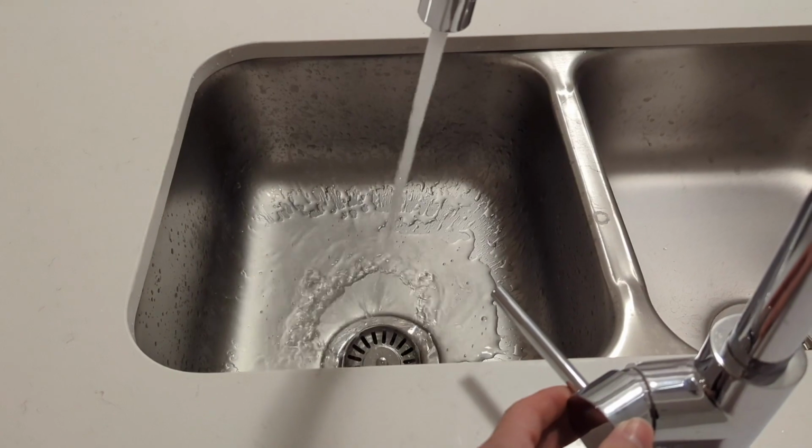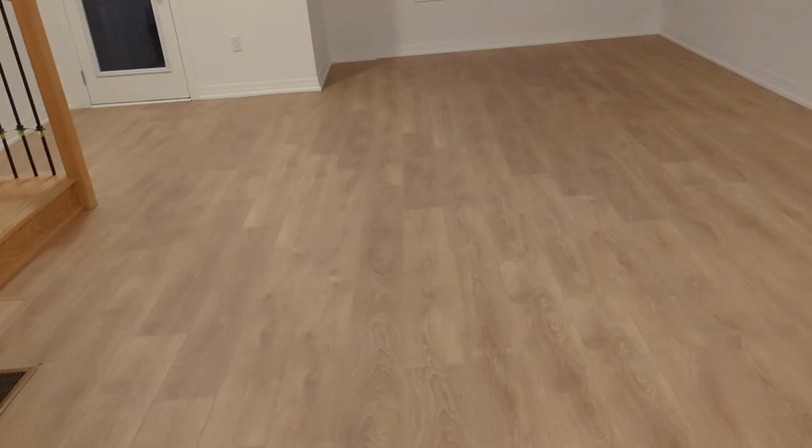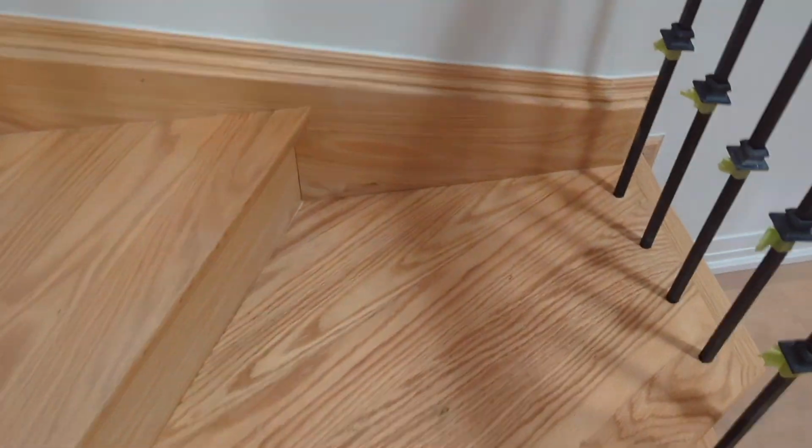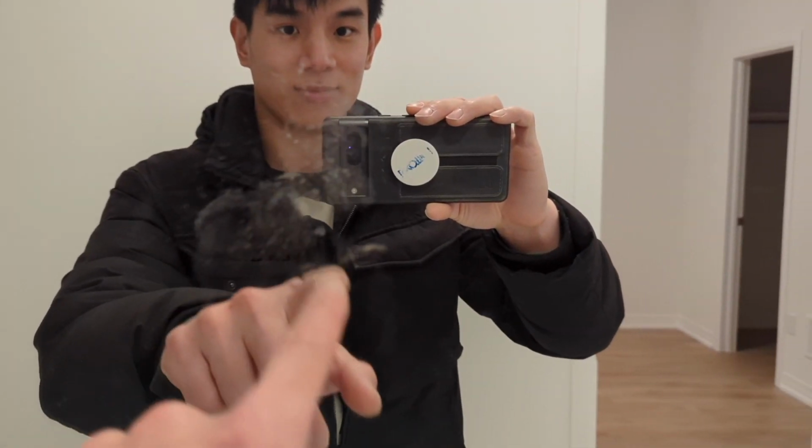Huh? Clean, does it even wipe the mirror? Oh my god. Doesn't stay on. Water should be on. This looks exactly the same as before. Just our terrace. Yeah, they didn't really clean this part. They said they were going to, but...